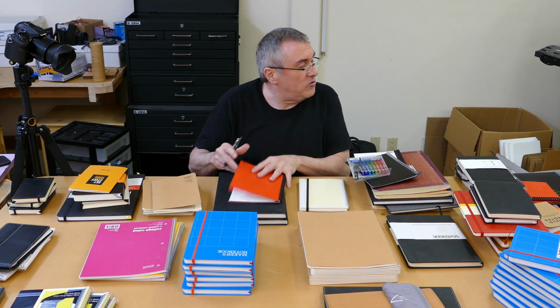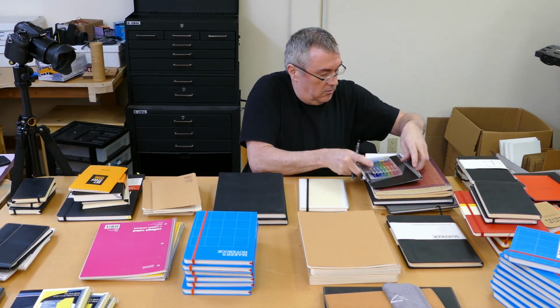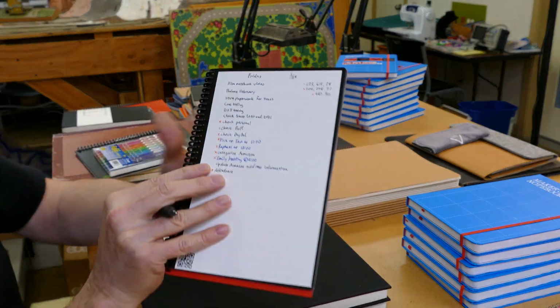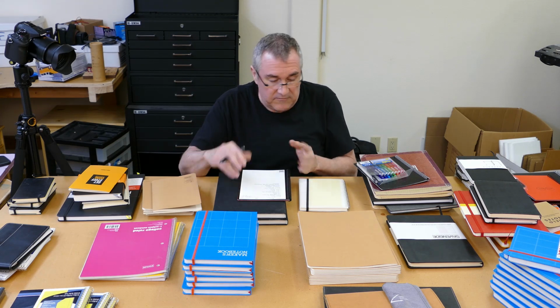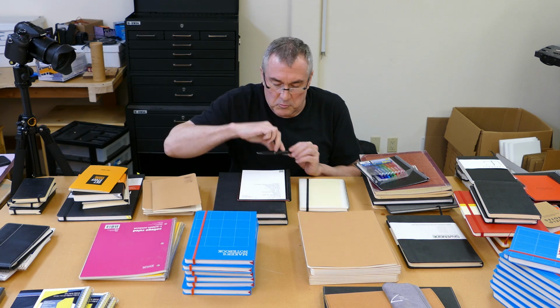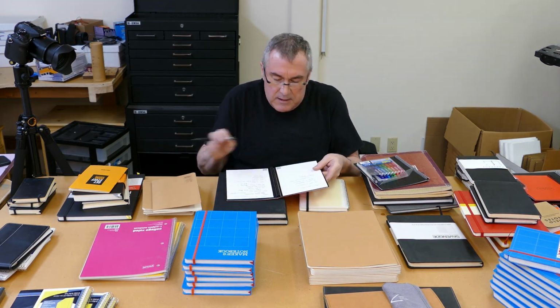And so what I'm starting to do now is my daily to-do lists. Right here, my daily to-do list now happens in these Rocketbooks, and I save them off. And then I'm going, well, what am I going to do with the Make books? Well, last night I was sitting there and I'm making myself move to the Rocketbook, and I was trying